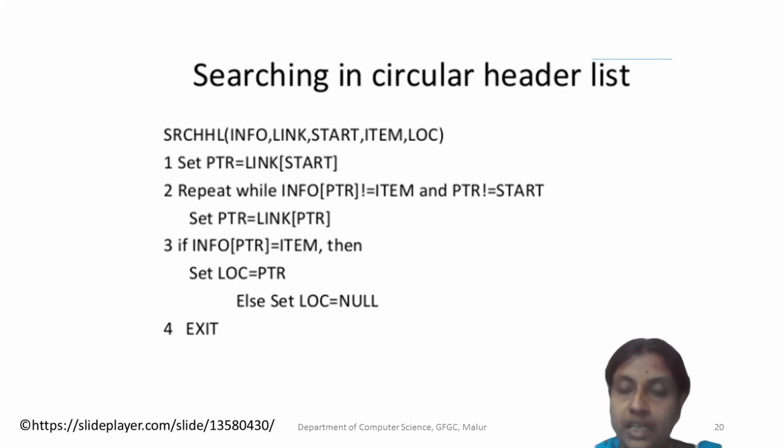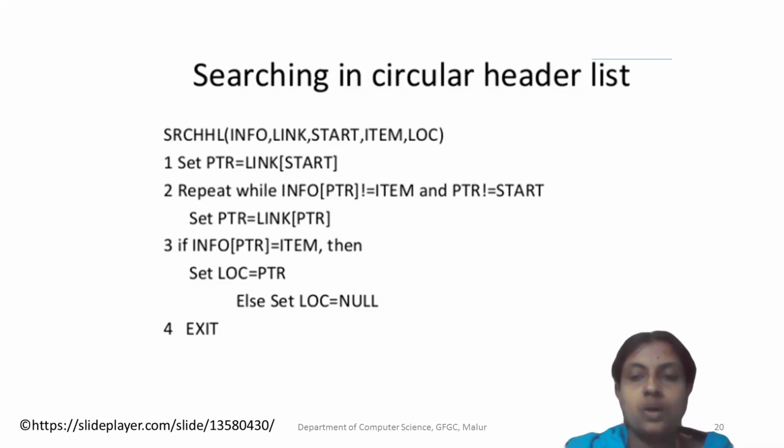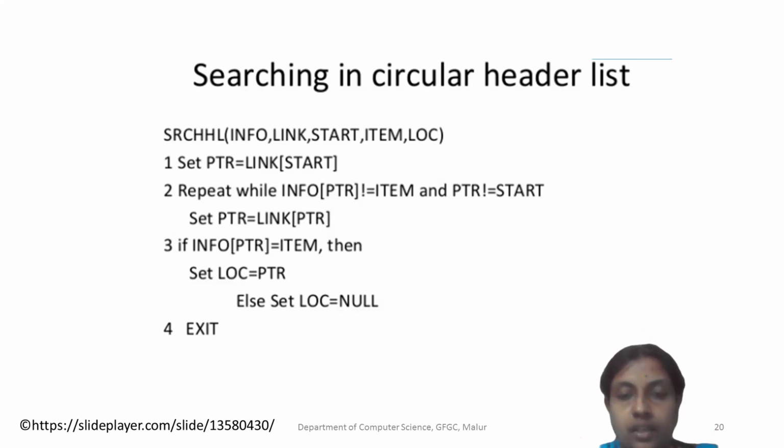Not found means once again it has to come to the next. How long will this process continue? Until SPTR is not equal to start. The last node has the start address, so when we reach it, we will check. By the time we check, if we found the item, we will see location equals PTR. We will print the location and say item found. If it is not there, we will print an item not available message and complete it. Okay, so this is how searching of a circular header list will work.